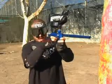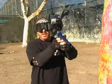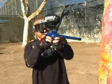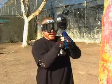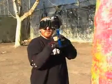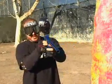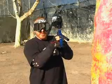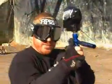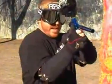when you switch hands, I always like to bring my bottle across my chest first. Some people like to switch hands over here, but I think that if you bring your bottle across first, it makes it easier because you're bringing your gun into a position where it's ready to come out the other side. So I like to switch my bottle across first, then my grip hand so I never let go of the trigger, and then my front hand. And then you just shift your feet because you already have your knees bent and you're ready to come out